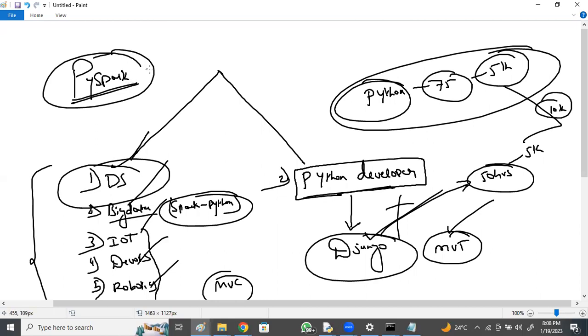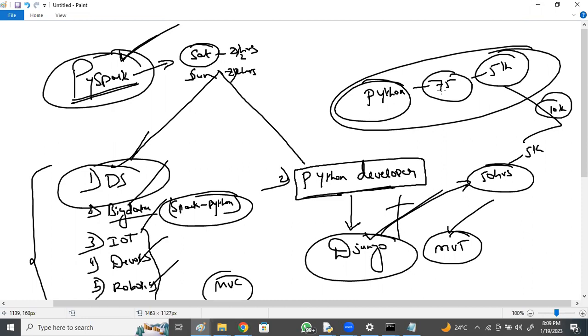Because not this coming Saturday, next Saturday, somewhere around the 20th, there is a batch going to start on PySpark. In the evening, Saturday it will be 2 hours, Sunday 2 hours. So even if we learn some basics, we can cope with PySpark? Yes. Once you go deep into PySpark, by that time you will have completed the Python course.